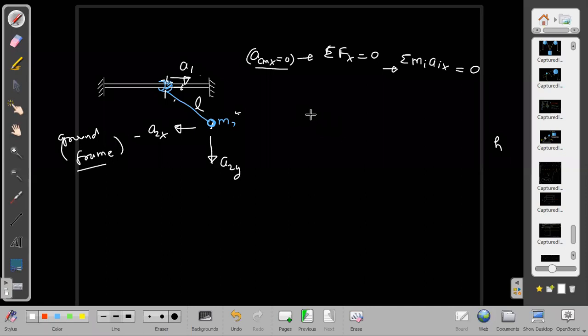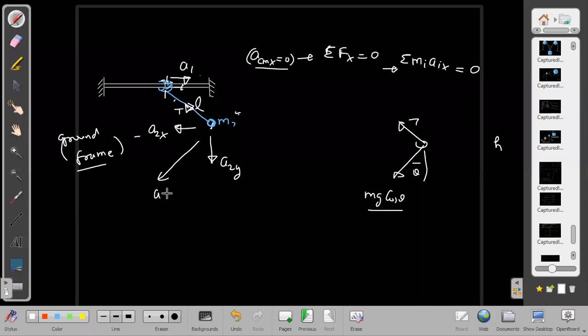So what do we want to find out? We want to find out the tension T, right? Luckily, I know one acceleration here in this direction in the ground frame. Do I know this acceleration in the ground frame in this direction? Wait a second. Tension is acting this side, and this side the only force acting is due to mg cos theta. So therefore, I can calculate this acceleration here in the ground frame.